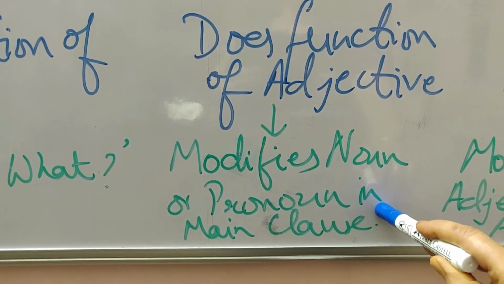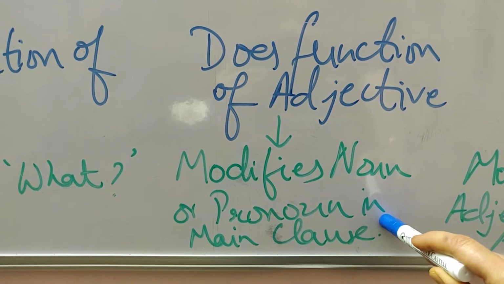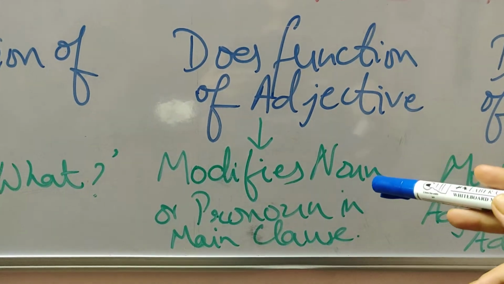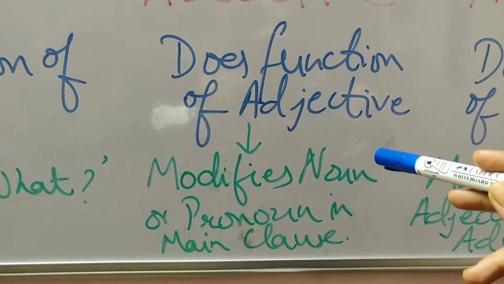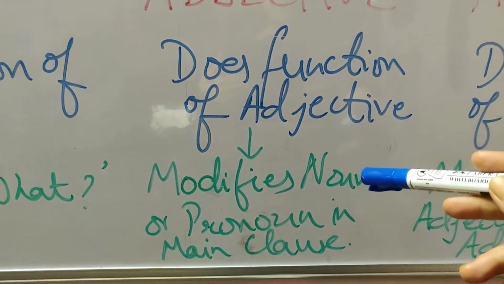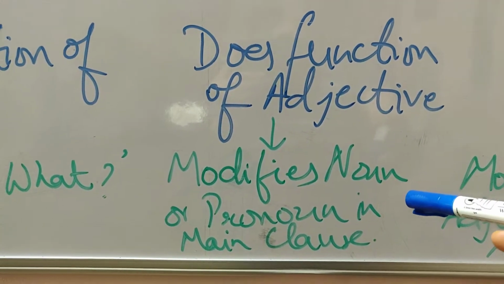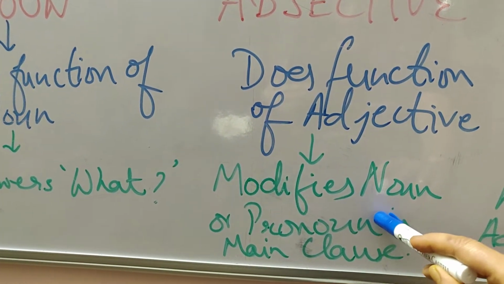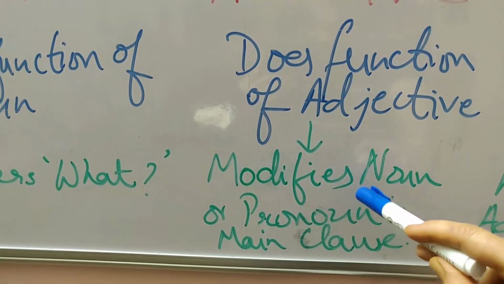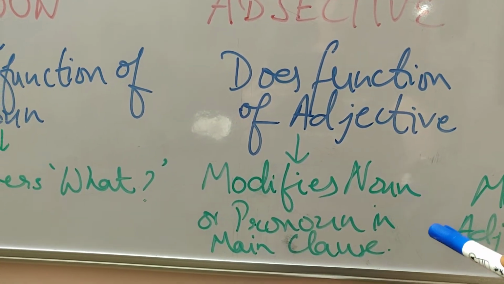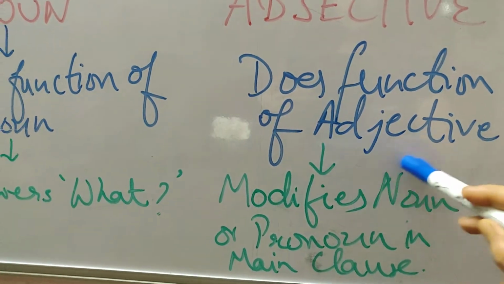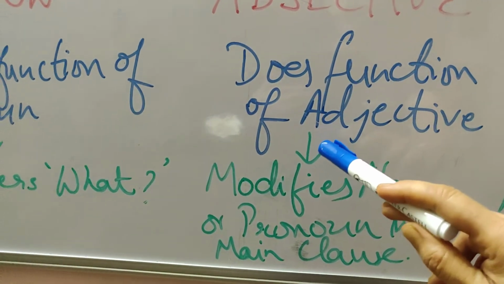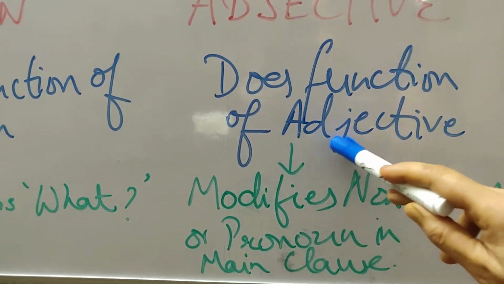So you can take a sentence like, I can talk about some girl or boy. I can say, she is the person who likes ice cream. Okay. So I am describing here a pronoun, that is she. And she is being described by who likes ice cream. So who likes ice cream is an adjective clause part of the sentence. Who likes ice cream is telling about she. Okay. So it's an adjective clause.